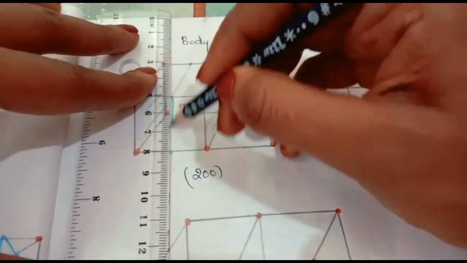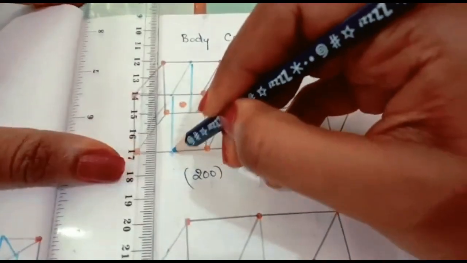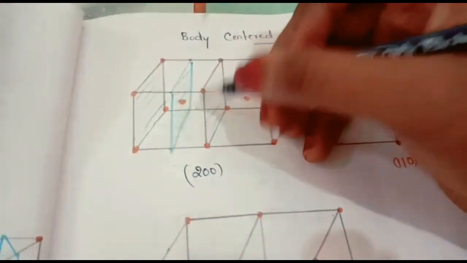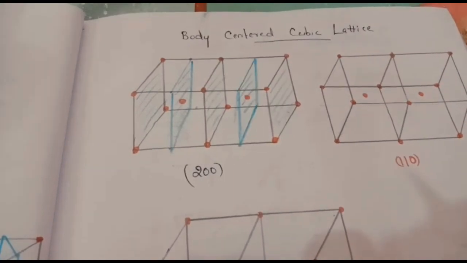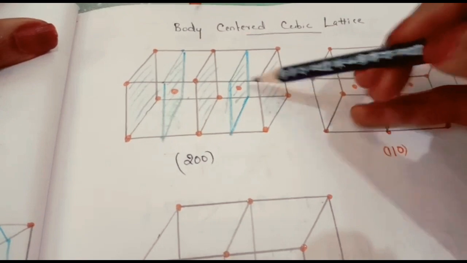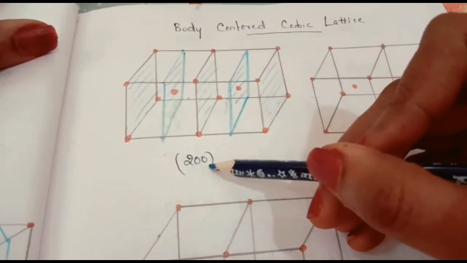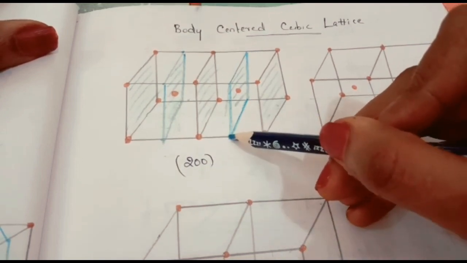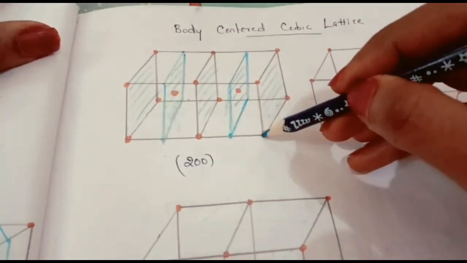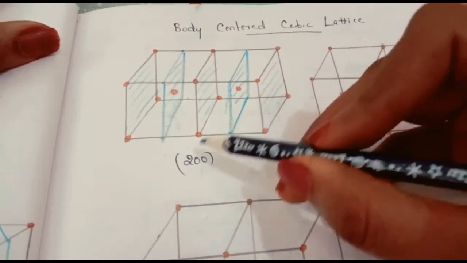So here, then here, and see, it passes through this one. Now you see, we have put one additional plane in between these two planes. So now all the atoms are passing through this plane. That is why we have drawn 200 here, because this plane is half of d100. If the d100 distance is a, then half of this one, so the intercept is 1 by 2. That is why when you take the reciprocal, it will become 2.